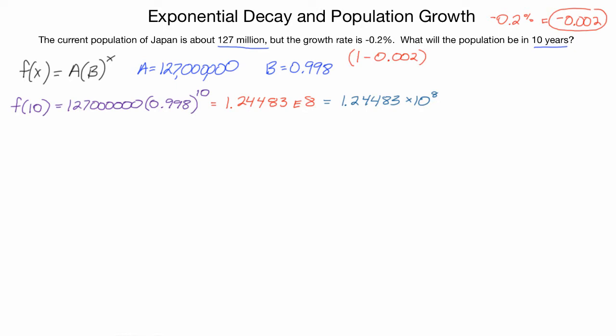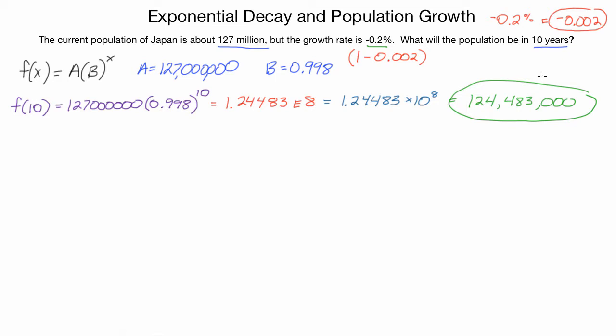But if we wanted to write it out in standard form, that's just 124 million, 483,000. I can just multiply it all out. So there we go. We can see that if the population of Japan currently is 127 million, but their growth rate is a negative 0.2%, they're going to be declining by about 2.5 million over the next 10 years. There's going to be less of a population. That's a real concern